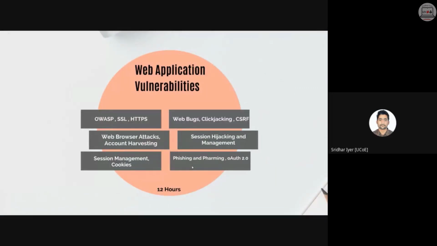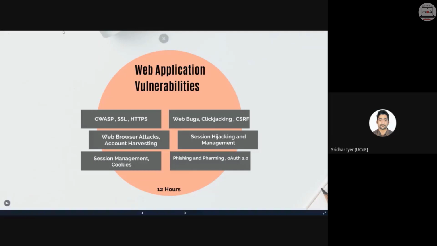Out of these, you have already seen what CSRF is. We have done a practical on this, if you remember. We have already done cross-site scripting in the last semester. We have already done SQL injection. So some of these attacks we have already done. I'm going to show you phishing today, a live demo on phishing. And if time permits, I will also show you brute force attacks. So these are the basic vulnerabilities that a website has.